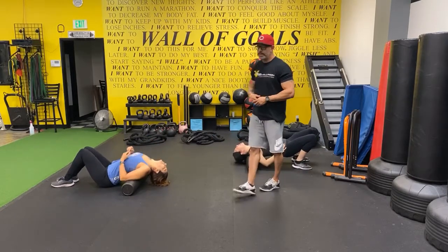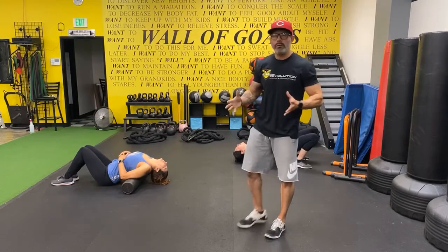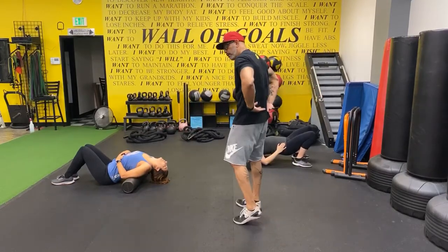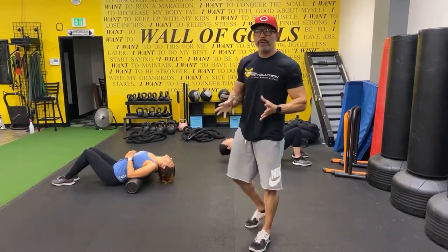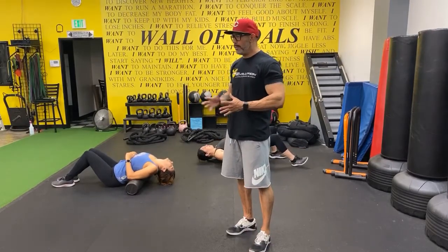Alright. So, a little bit of torture, but we're going to move on. So that's for our back. That's just a good overall mobility move for the back, all the way down from our lower back, right above our butt, to all the way up to the top of our shoulders up in here. Okay? We're not targeting anything specific. This is not acupoint type massage. This is more just like a broad type